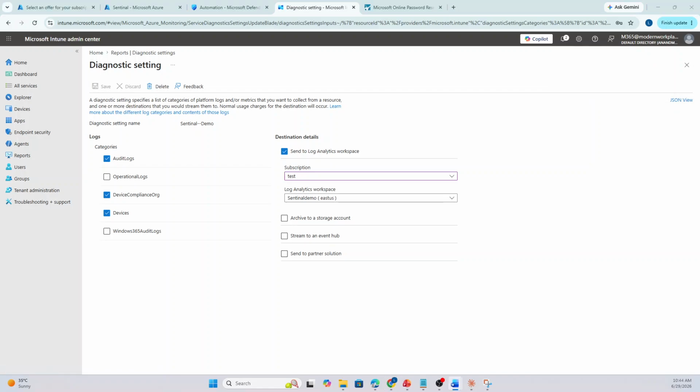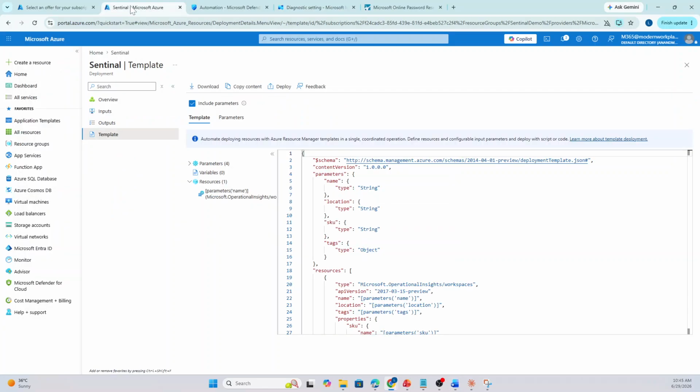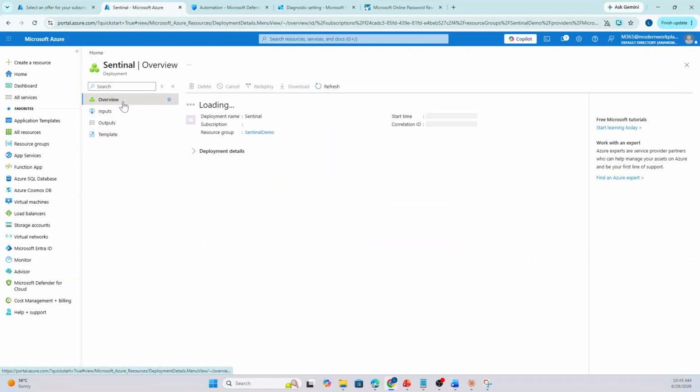Now we'll go back to Microsoft Sentinel. Now we'll connect Microsoft 365 Defender via the data connector. This is separate from the Intune diagnostic setting. This setting pulls all your MDE, MDI, MDO alerts directly into Sentinel, with no additional cost for E5 customers. So we'll go to Sentinel, right? And here,